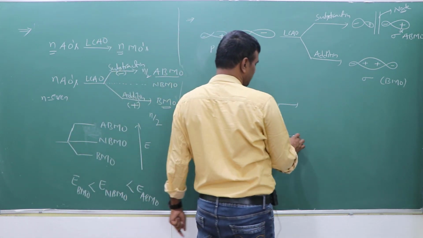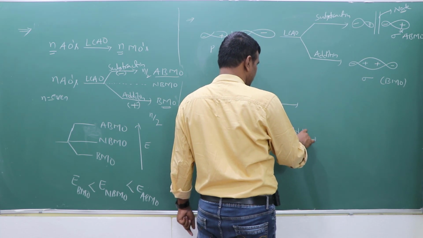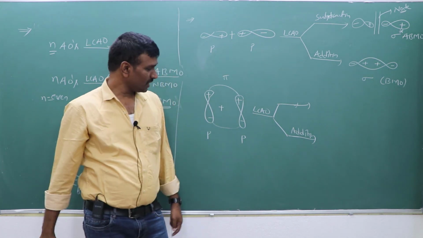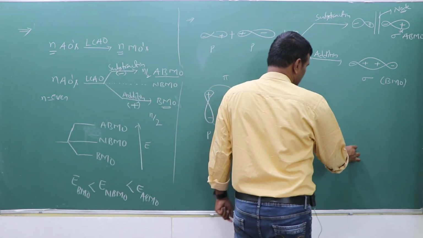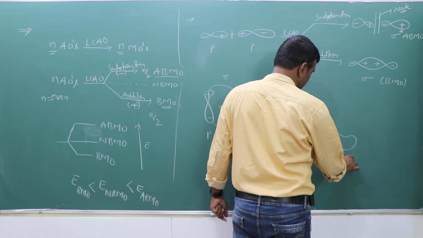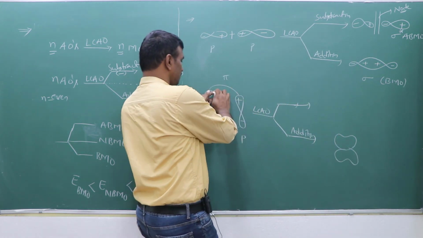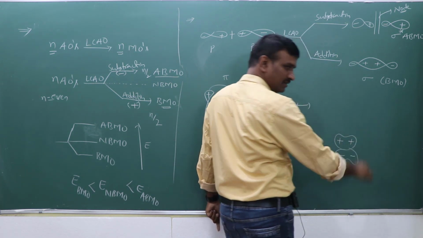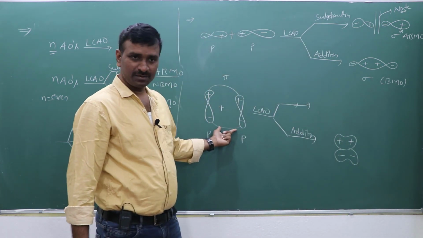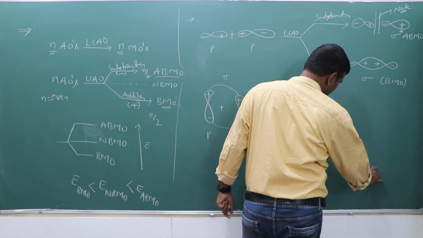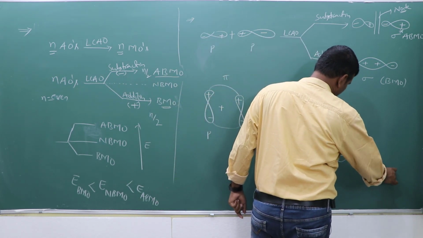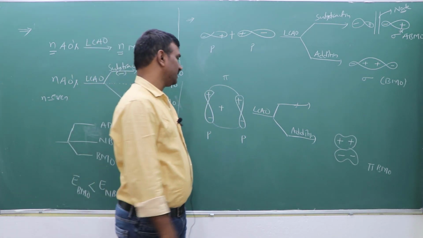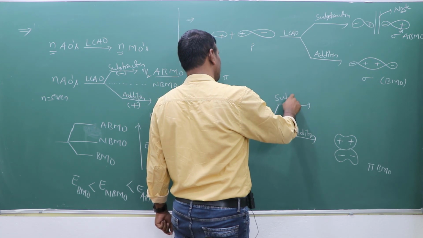So due to the partial overlapping, if it follows the addition method, which one will be generated? These two overlap, that means plus plus and minus minus. So which bond formation takes place? Pi bonding molecular orbital. Next, if it follows the subtraction method,